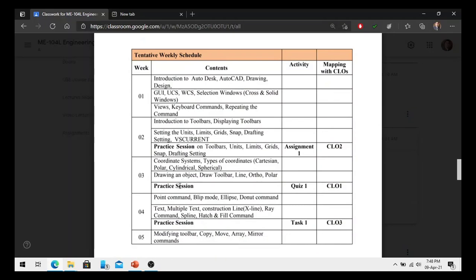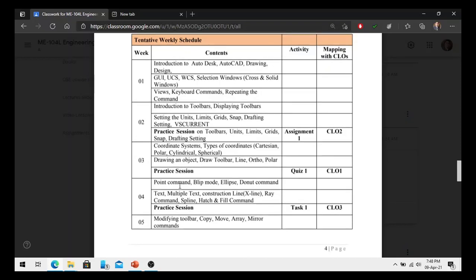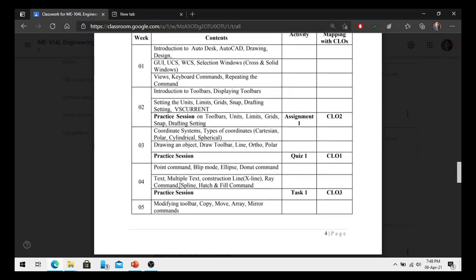Next is the tentative weekly schedule. These are the different topics, portions and commands that we are going to cover in this lab course. In the first week we will go for the introduction, how to install AutoCAD, what the basic commands are, what the shortcuts are, and so on. Next is basically